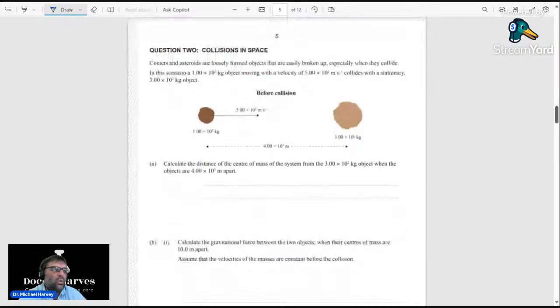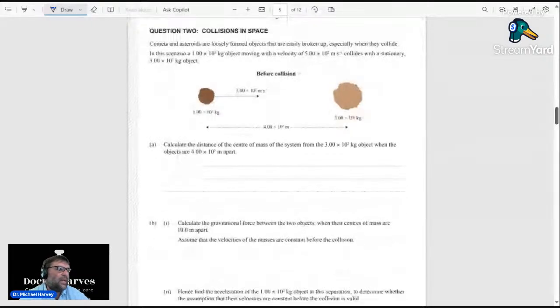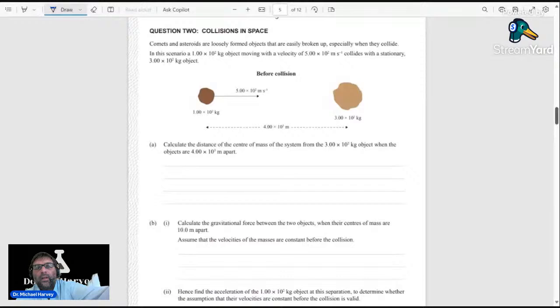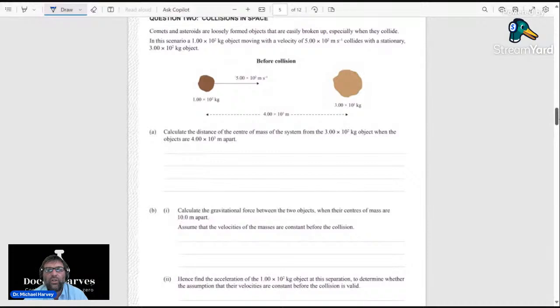Right, so question 2, collisions in space. These kinds of questions, momentum in 2 dimensions, will definitely be asked. That's for sure, because it's key to the level 3 curriculum. Collision in space: comets and asteroids are loosely formed objects that can easily be broken up, especially